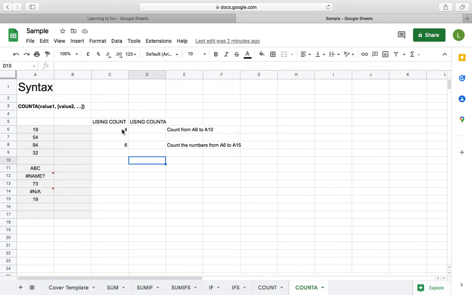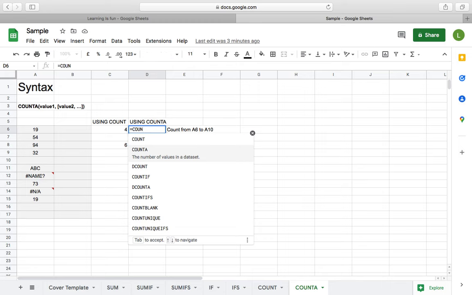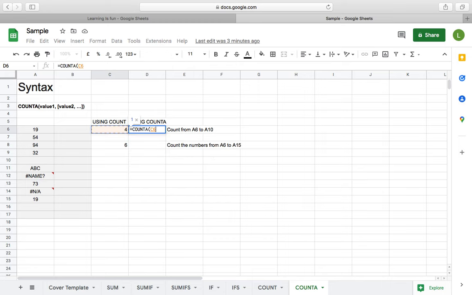So this is the value of this condition using COUNT. Now I am just using COUNTA for the sake of comparison, A6 to A10. You can see COUNTA is coming as 5, whereas in COUNT it came as only 4. So this cell is the difference. Here this is not a numerical value, so that is why it is not counted in COUNT, but in COUNTA this will be counted.